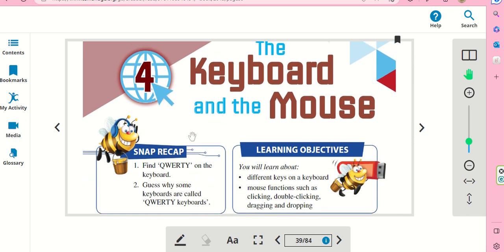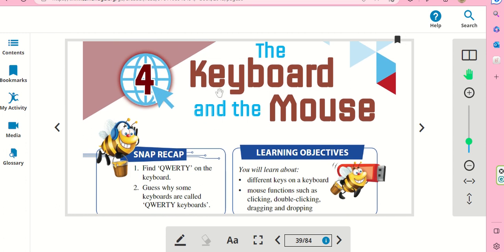So the final exam will be practical. It is how to use the keyboard and the mouse. Okay, so keyboard and the mouse. We will focus only practically on using the keyboard. About the mouse,